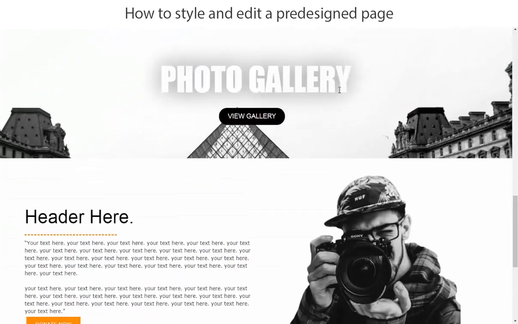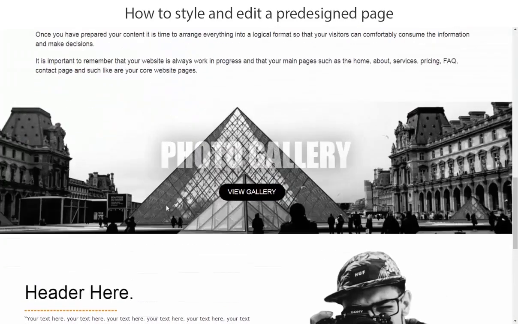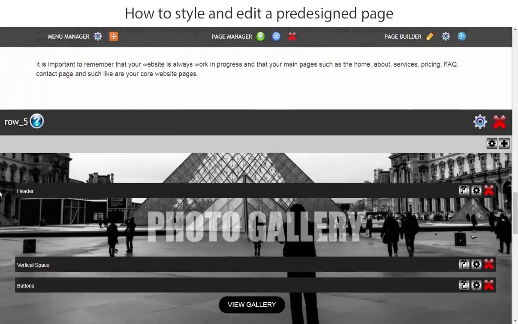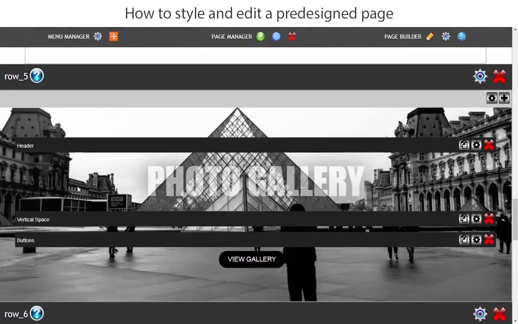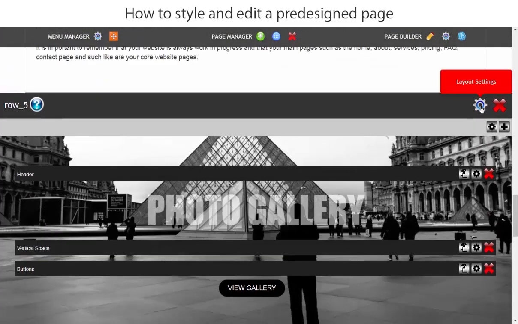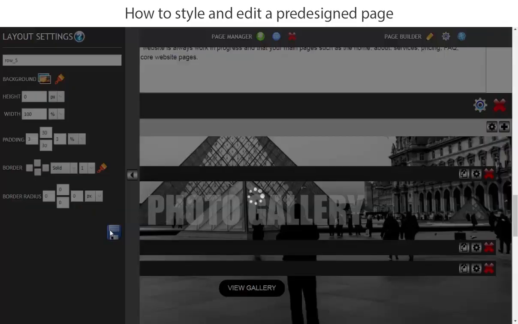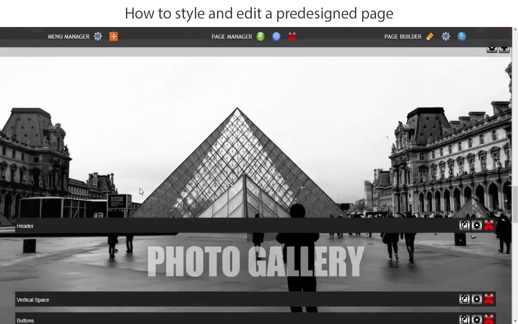Okay, so let's go ahead now and work on this photo gallery area and change it to the way we want it. So let's take a look at row 6, which is the gallery area. Now the first thing that we will do is go to the settings of the row, and we're going to increase the depth of that particular row. So we're going to change it to 30% at the top and 30% at the bottom. I'll just save those changes so you can take a look, and you will see now that there's more depth